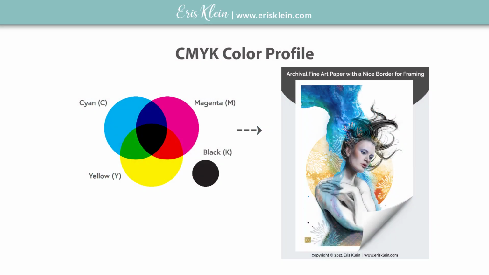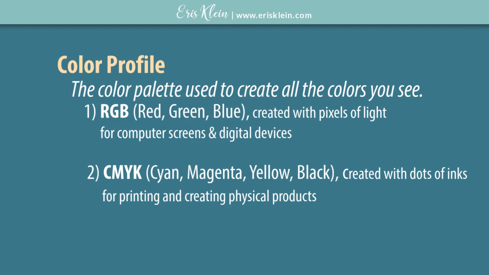You may not realize it, but if you take a magnifying glass to a full color print and look really closely, you'll find out that it's made up of little dots of cyan, yellow, magenta, and black. And isn't that amazing? And it ends up that the combinations of those create all the colors of the rainbow that way. So if you're doing something printed,